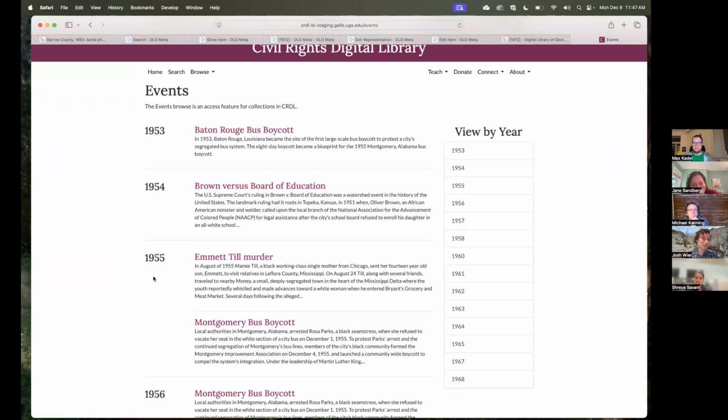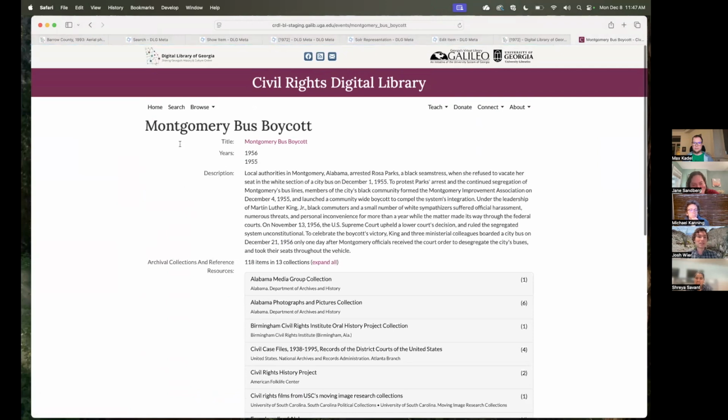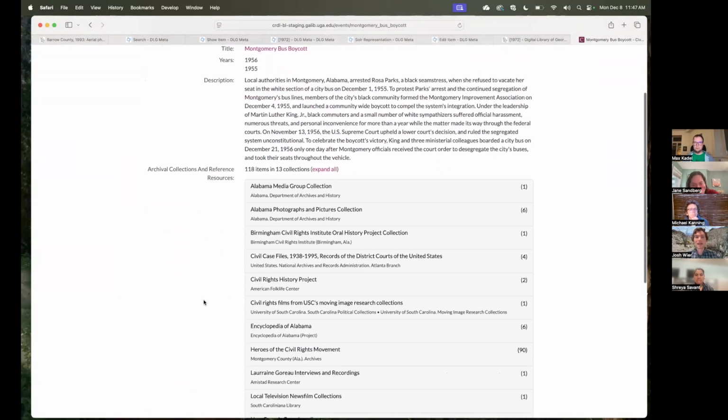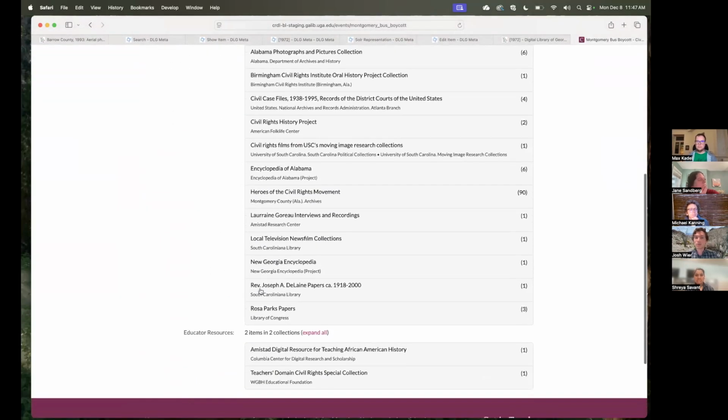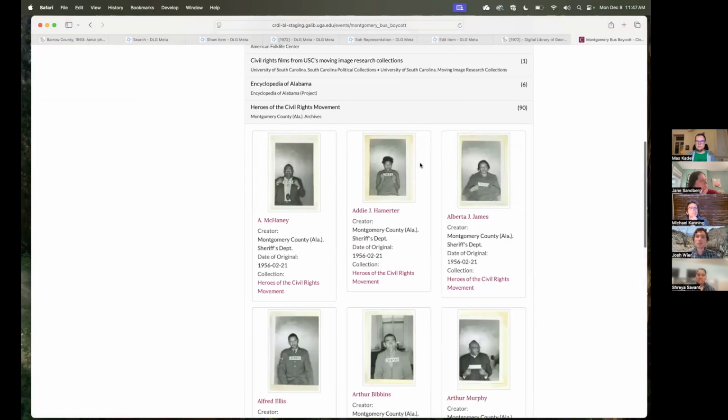view, this is using Blacklight. This is a Blacklight index page that's been customized. And then the show pages for all these people and events have some basic metadata, a description or bio. And then they have this kind of cool accordion view that shows all the associated archival items grouped by collection